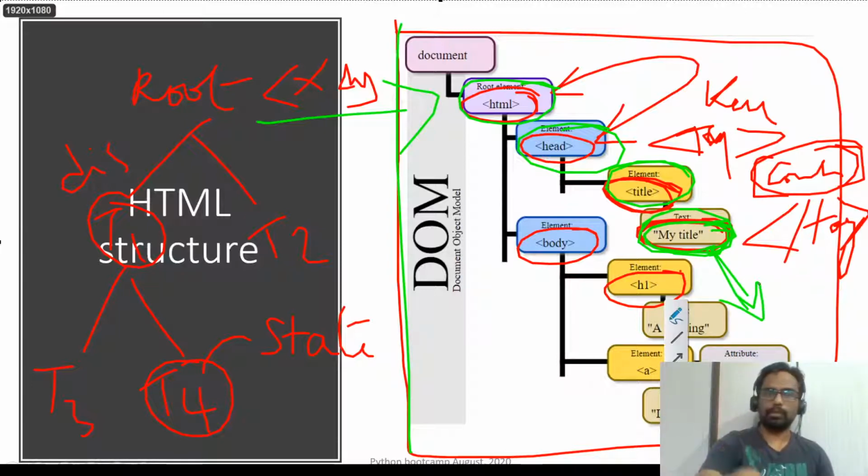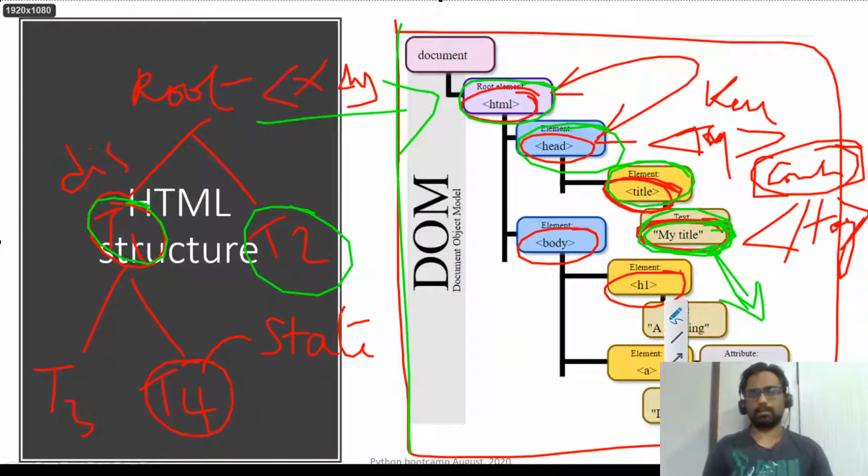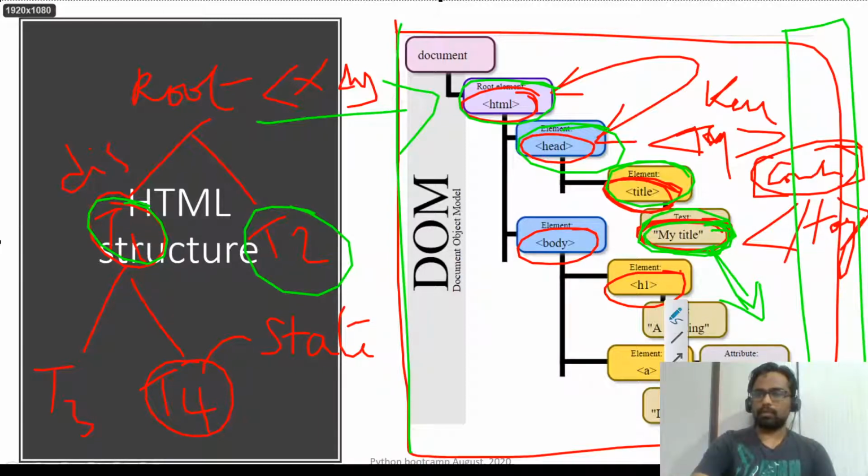Similarly, you need to traverse through the nodes. Internally, this data structure is using something called a tree data structure. So these are nodes, and the reason that we use a tree data structure is because it is easy to traverse, and because of the time complexity. In one of the classes we discussed time complexity. For example, if you keep everything in a simple list instead of a tree, and you want to find your mobile phone, you have to come across all the data and then go to the